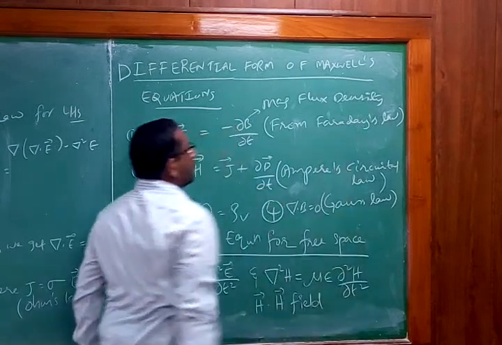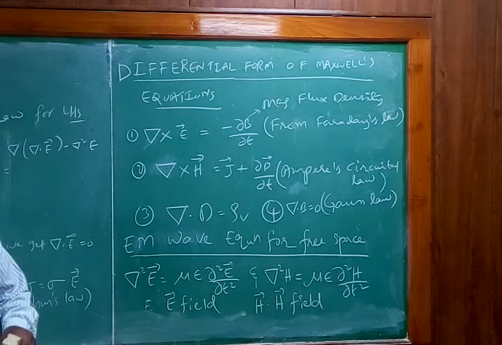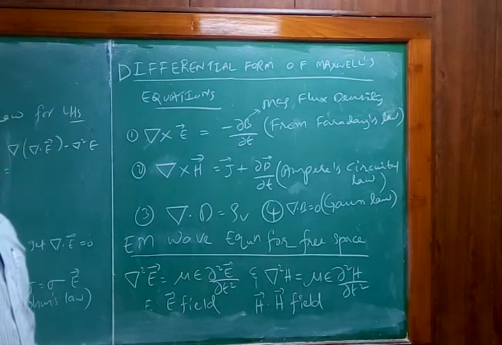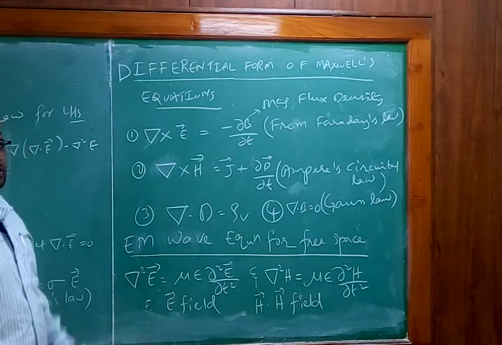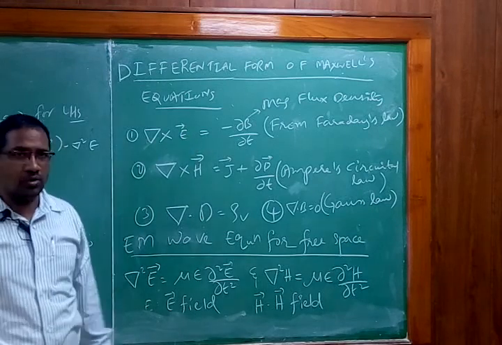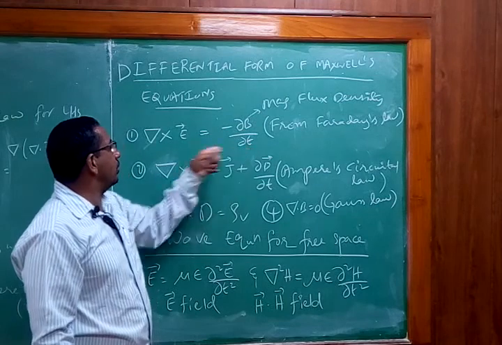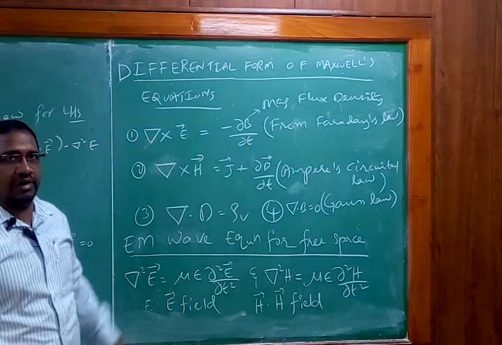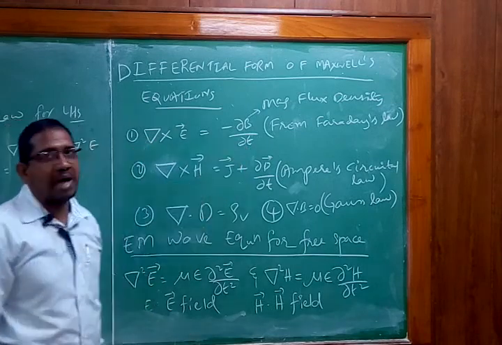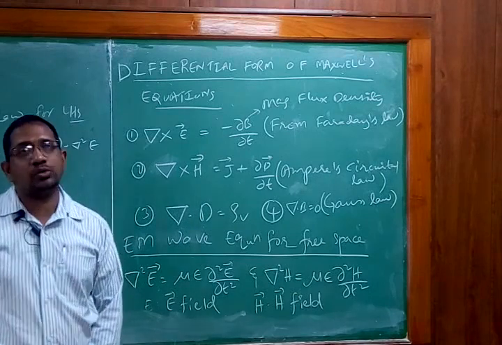I am not deriving all these equations, they were already there. I am just using them and giving you the physical representation of this particular Maxwell's equation so that we can derive the equations further. So del cross E is equal to minus dou B by dou T. It tells that the rate of change of the magnetic field is going to produce an electric field. That means the electric field gets induced by varying the magnetic field. That is what Faraday's law explains to us.